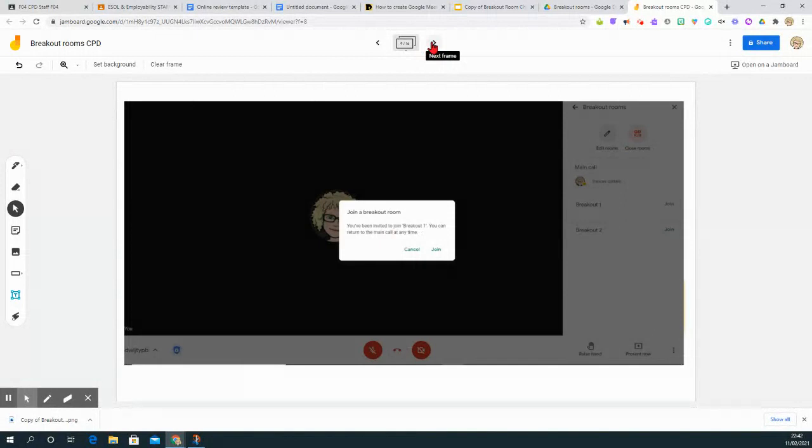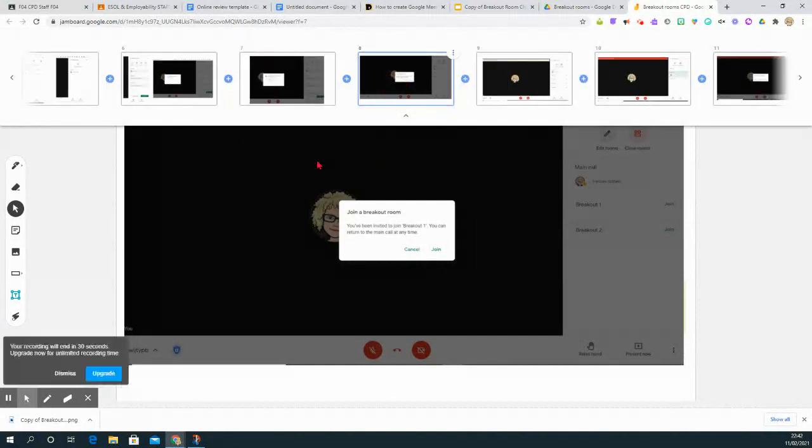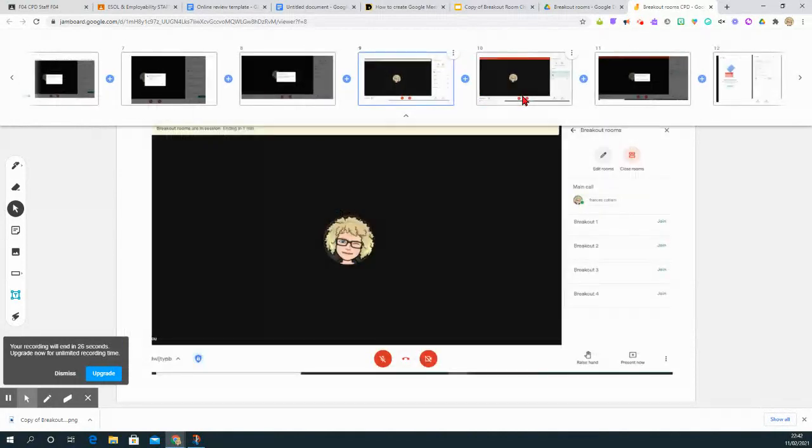So that's the frame. I need to move that frame, and that frame needs to go there, because that is what learners need to join. Click to join the breakout room. And this is when